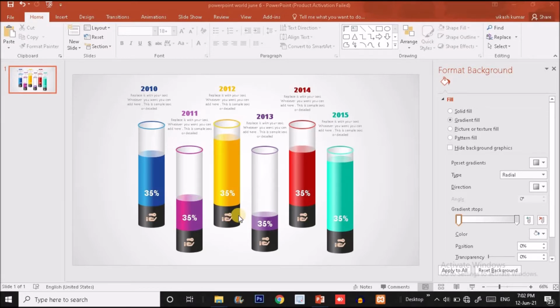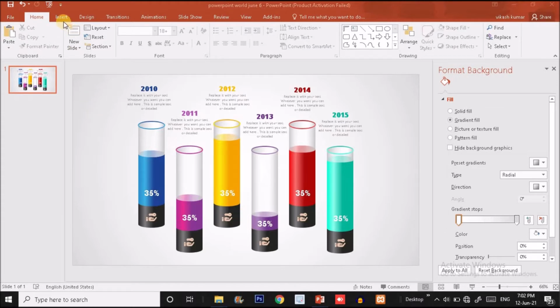Okay, and the final thing is at the upper part, the whole cylinder is divided in three parts. The bottom one is a stage or a pedestal, the second one is filled with the liquid, and the third one is transparent glass. And the fourth, you can see the outlines of the upper glass is filled with the same color as the liquid present in the cylinder. Okay, so this is how I have created this whole 6-step infographics, or you can say a timeline infographics. So let's see how we can create it in PowerPoint.